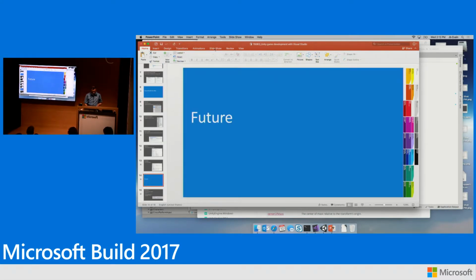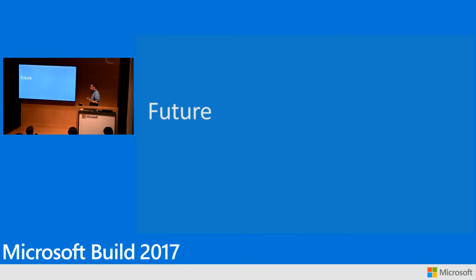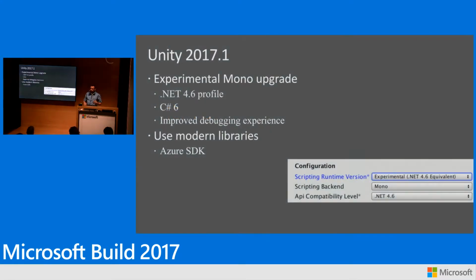One word about what is coming next to Unity and to Visual Studio developers. As I said, Unity is going to release Unity 5.6.1 in the coming days. 5.6.1 is their stable version. Unity already has a beta of their next version available. They're changing their naming scheme. So the next version after 5.6 will be 2017.1, which is going to be super confusing with Visual Studio, but